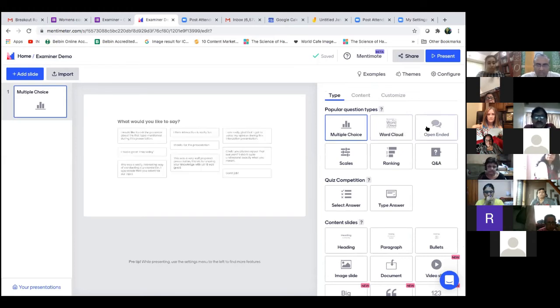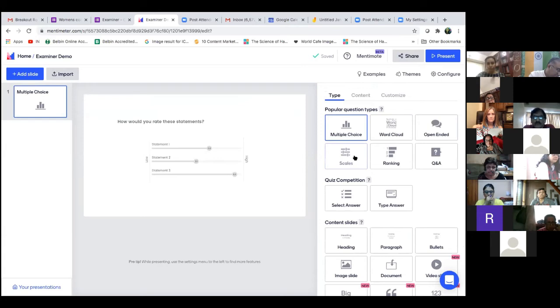Open-ended, where you say, what did you like best about the session? Everyone types in their own answers, and those answers keep coming on the screen. Or you can have different scales, so on a scale of low to high, how would you rate the following items? There are different types that you can use.